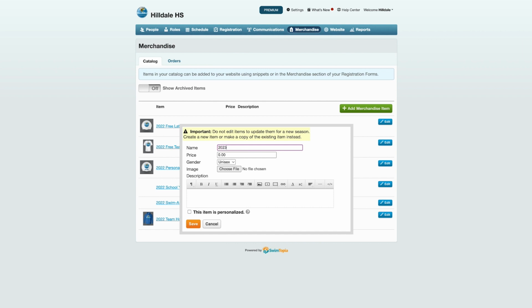Here we are going to be selling a current season team t-shirt for $25, and it's unisex. We do have the option to choose male or female, and this can correspond to the gender used in registration. So if you select a female suit and you want to sell it during registration, the female suit will only be shown to those athletes who mark female as their gender, and male will only be shown to those who mark male. You can attach an image file to your item,